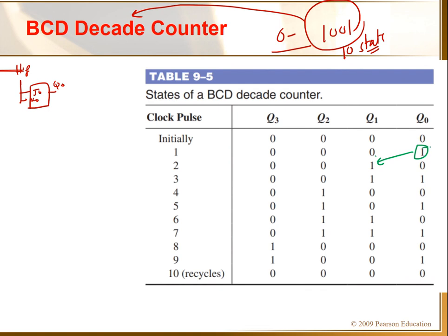One condition is when Q0 is high and Q3 is low. So again, when Q0 is high and Q3 is low, at that time, in the next cycle Q1 is changing. Q0 is high, Q3 is low, next cycle the Q1 state is changing. Okay, that was the last condition.